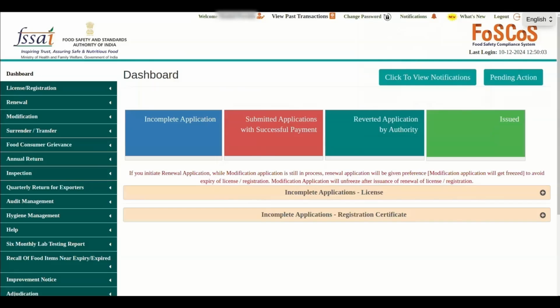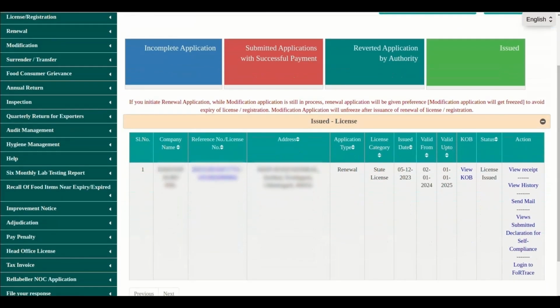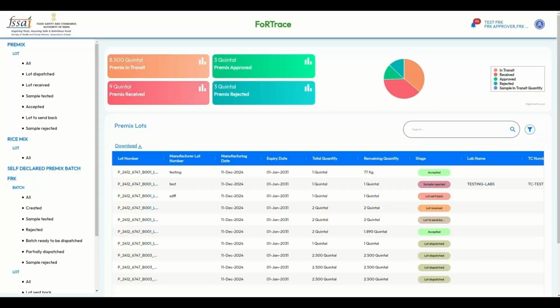So here you can see we have logged into the FoSCoS portal. Now we'll be clicking on the issued box, green color, and now we'll be clicking on the issued license bar. Here you can see the login to FoSTaC button. We'll be clicking on that. Now here you can see you are redirected to FoSTaC